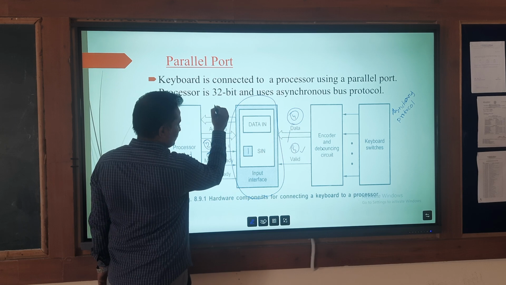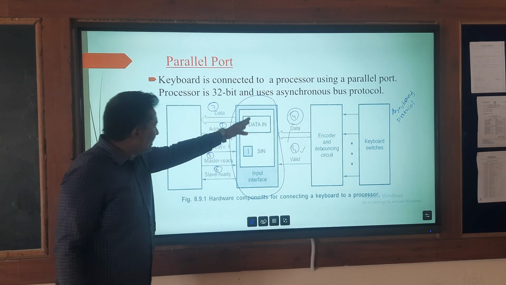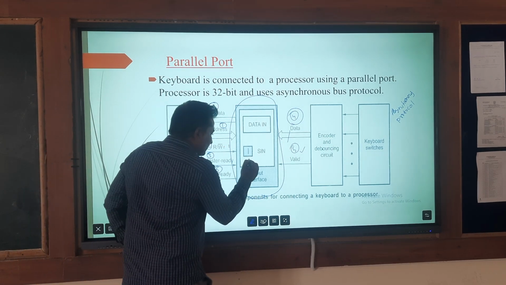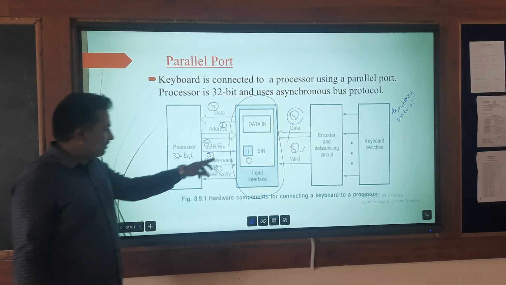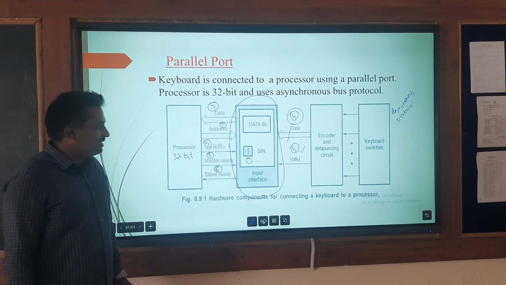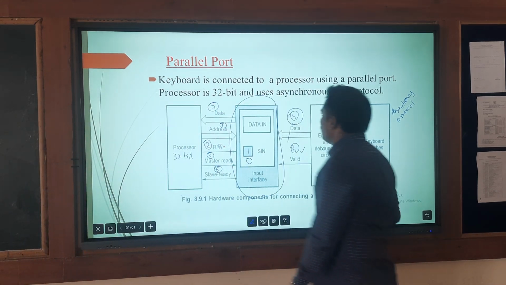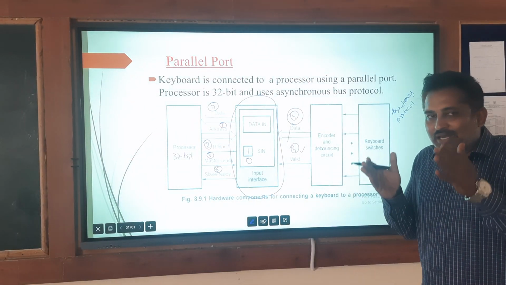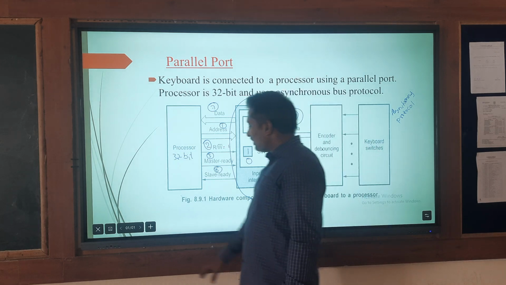This is your step number 7. Once the data has entered the processor, the SIN bit immediately becomes 0. It identifies that no data is present in the data in buffer register. These are the steps we follow while performing parallel interfacing to the processor. Next one is